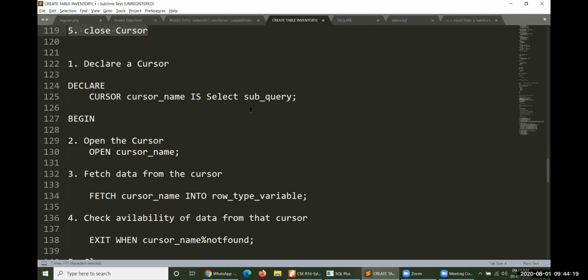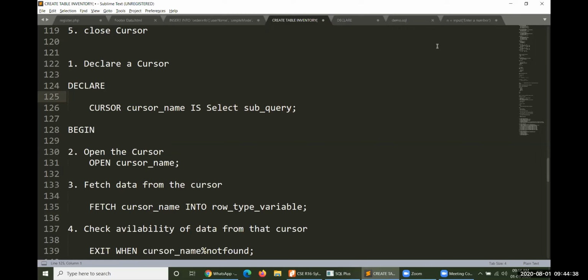Declaration of a cursor could always be done something like this: CURSOR cursor_name IS select subquery. Whatever the subquery you have to take into consideration, it should be in terms of your requirements only. Of course, this declaration could also include one more thing.